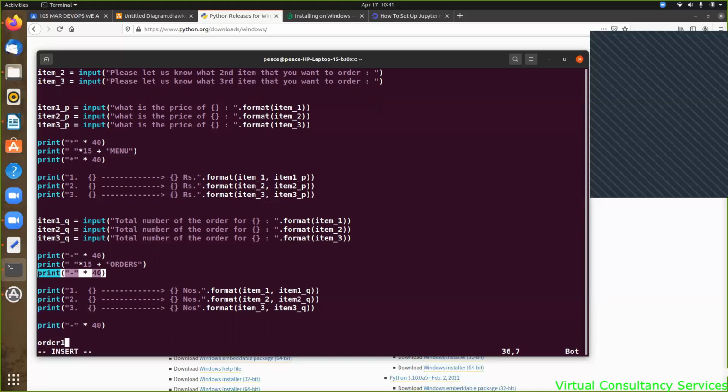सो हम लिख सकते हैं ऑर्डर 1, ठीक है, or we can write something in better way, order 1 इक्वल टू, हम यहाँ पे मैथमेटिक्स कर रहे हैं, मैथमेटिक्स क्या है हमारा, आइटम 1 का प्राइस इनटू आइटम 1 का क्वांटिटी, इनका मल्टीप्लिकेशन होगा, करेक्ट। तो सिंस हम इनपुट यूज कर रहे हैं तो जो वैल्यूज हैं वो स्ट्रिंग है, उनको इंटीजर में कन्वर्ट करना पड़ेगा। सो आइटम इंट किसका है, हमारा नंबर्स का, तो int of item1_quantity, दैट वुड बी इन इंटीजर, इनटू फ्लोट पे डालेंगे आइटम 1 का प्राइस, item1_p।